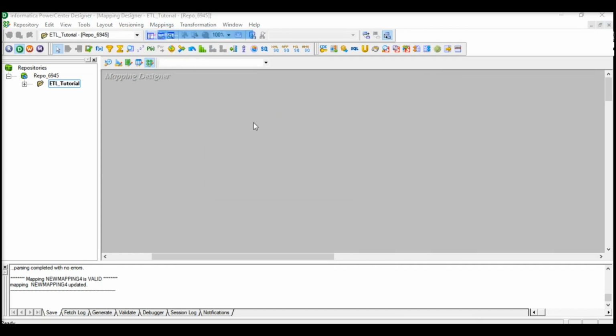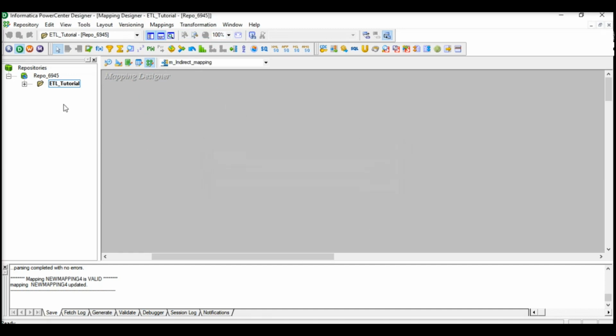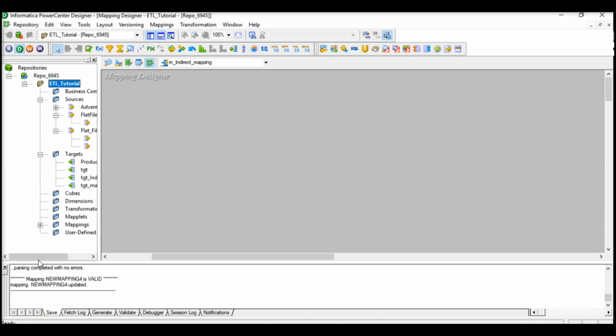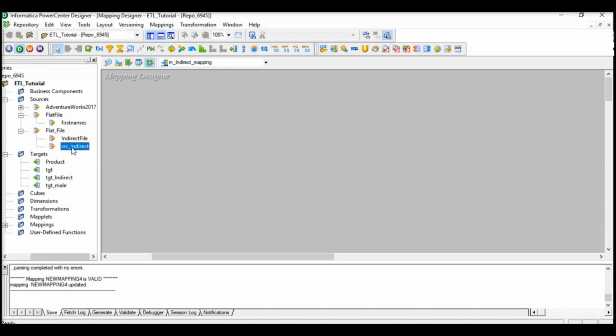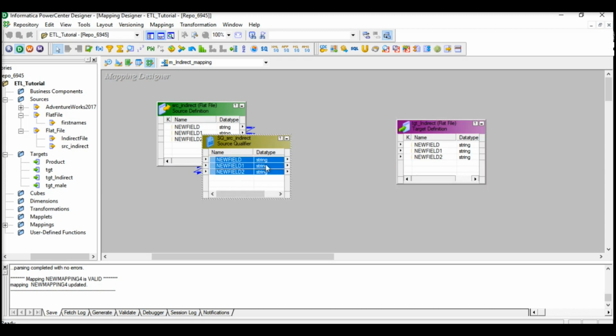Now we'll create a new mapping and call it m_indirect_mapping. Now let's go to the source and drag our source here, src_indirect, and then add our target and join the ports from source qualifier to target. Let's save the mapping.